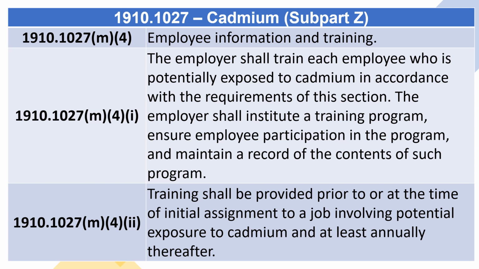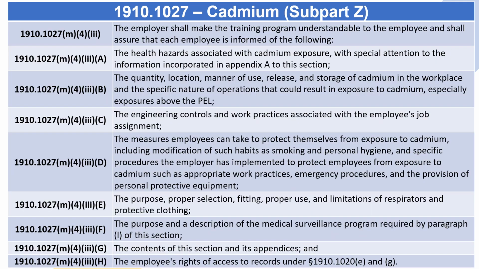1910.1027 M4 2. Training shall be provided prior to or at the time of initial assignment to a job involving potential exposure to cadmium and at least annually thereafter. 1910.1027 M4 3. The employer shall make the training program understandable to the employee and shall assure that each employee is informed of the following: